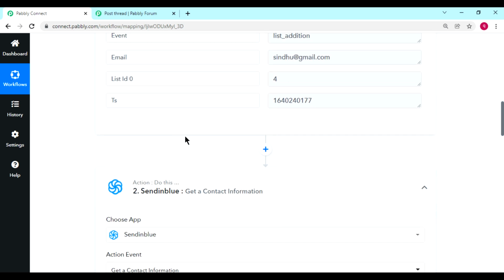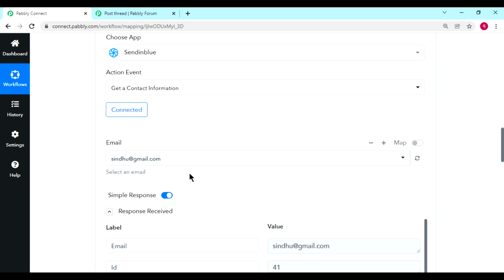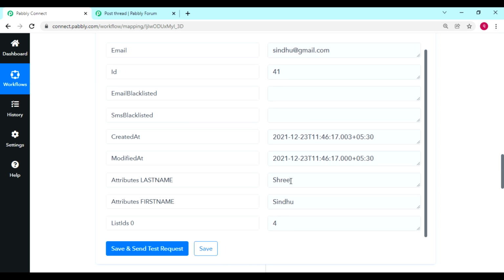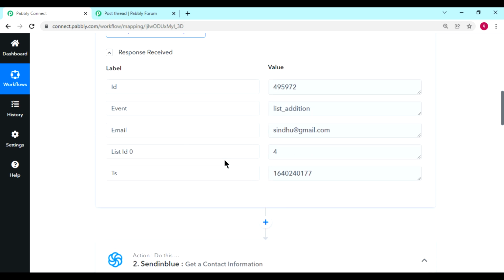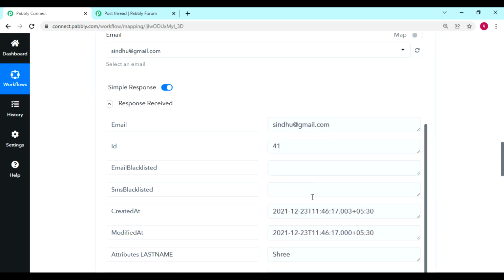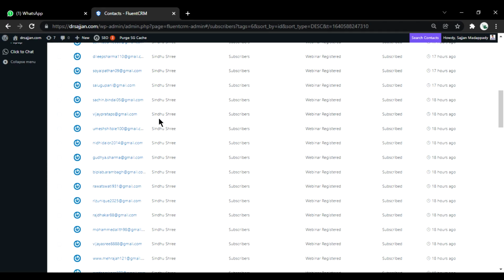We took the email ID and segregated it to get the contact information, so we should get other names, whatever email ID came from Sendinblue. It has to change, right? But in Fluent CRM, as you can see, all the names are Sindhu Sri only.